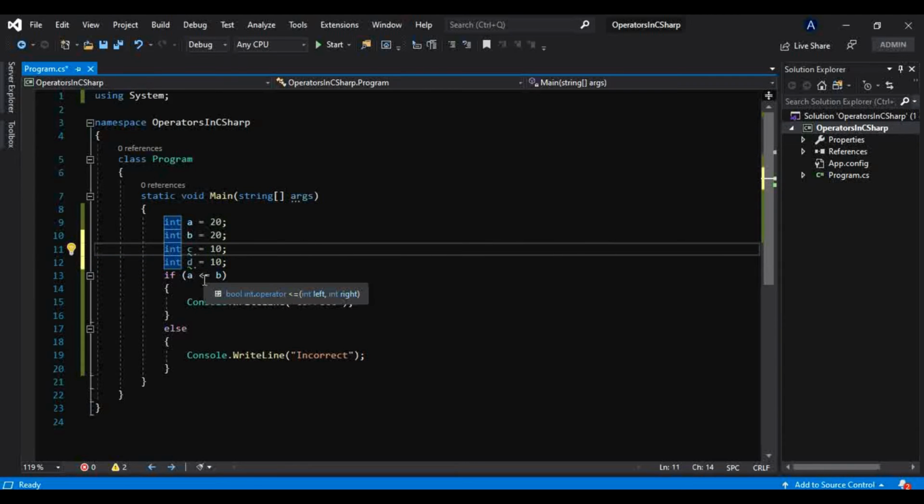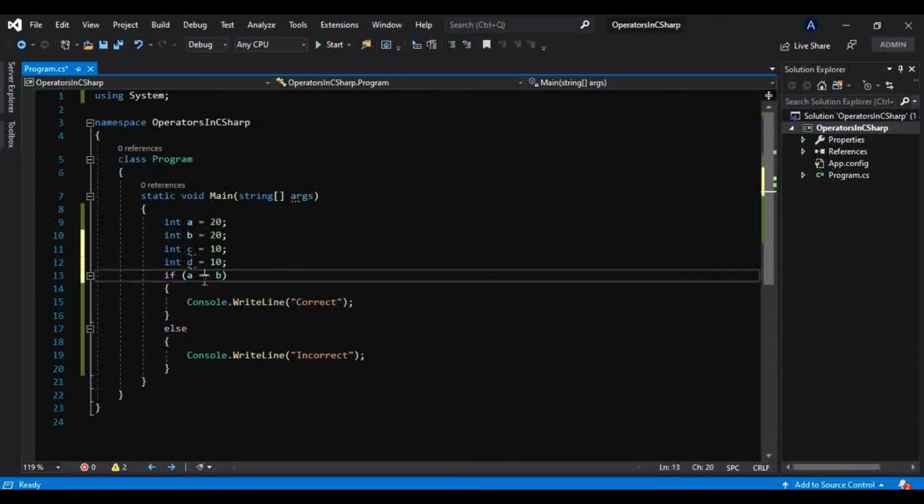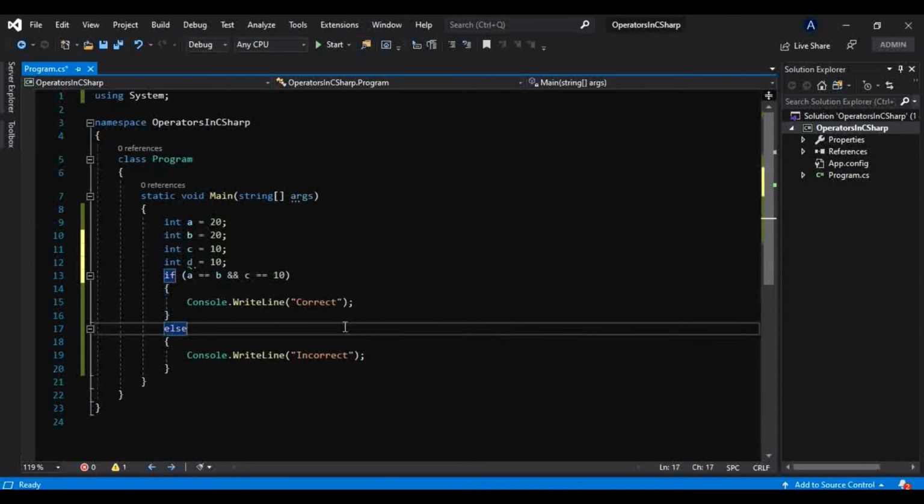That is, if a equal to b, and for that we use double and, c is equal to 10. If both these conditions are true, then and only then I want to print correct. So we will print that.